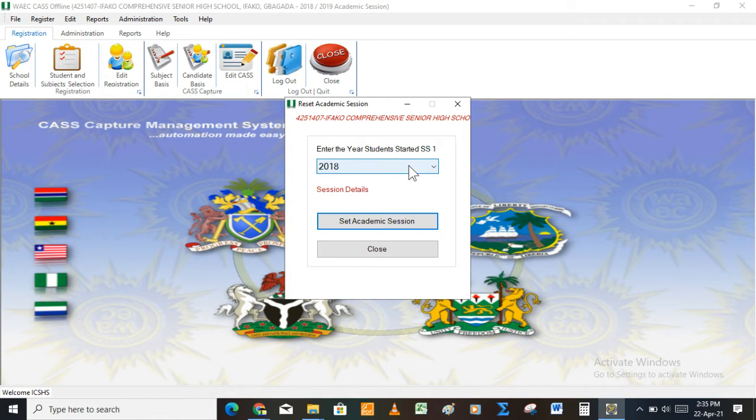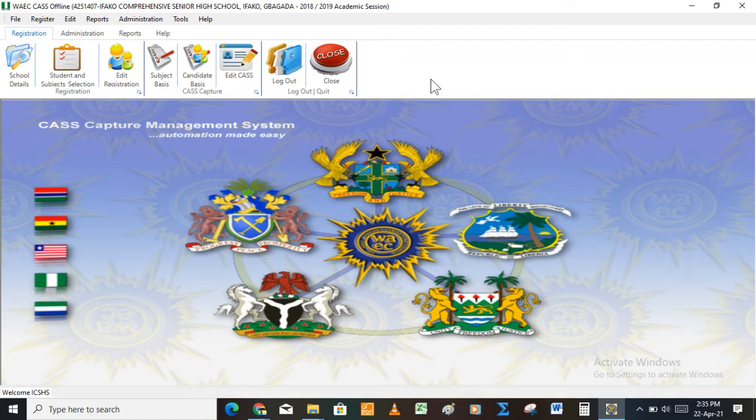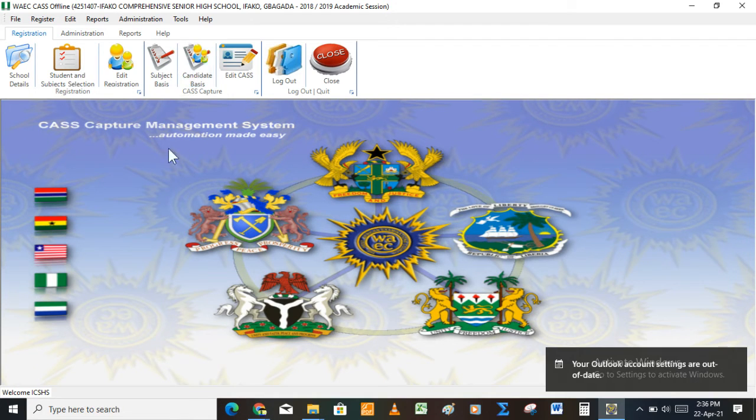And that's why you're seeing 2018 here. For instance, I want to register another student who began their SS1 in 2019. I'll click on this 2019, then set academic session. Then you click OK, and once you set it, you can now start registering students